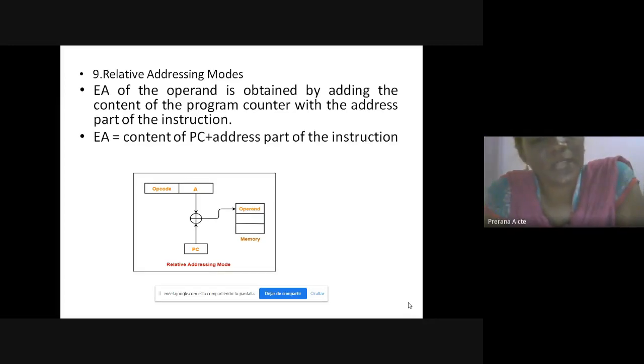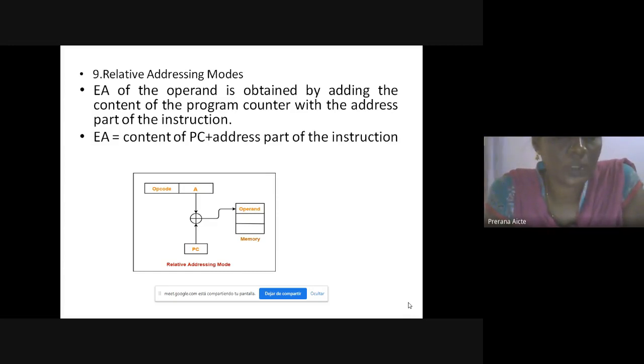The program counter is a processor register. It stores the address of the next instruction to be fetched and executed. The address part of the instruction plus the content of the PC gives the effective address, and that operand is loaded into either a register or a memory location. This is relative addressing mode.